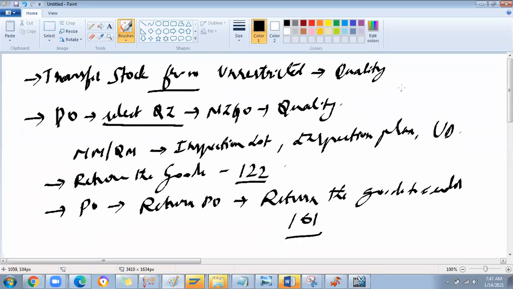And here quality inspection movement type is 321 or 322. There are two movements there. I will explain those two movement types. And here it is a normal 101 movement type when you're receiving the goods, but I will show you how to select the quality inspection instead of unrestricted use. Okay, so clear, right? That's today's agenda of what I'm going to explain. Now I'll go to the SAP screen.